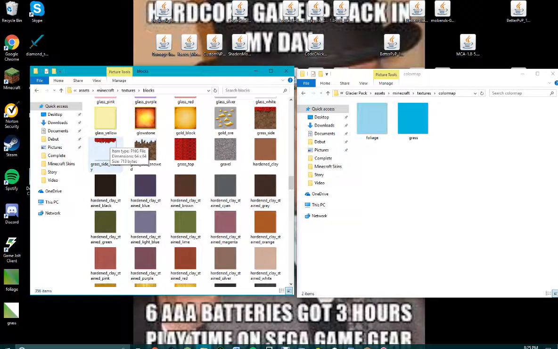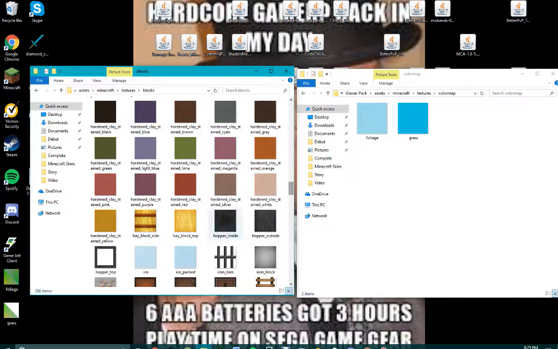So you got your grass side overlay. The grass side is basically just a dirt block, but not. And then your overlay is the overlay of it. And then your grass top. But even if the grass here was green, it would still come through red because I've set the foliage and grass to red. As you can see on the desktop behind it, under the Game Jolt client,